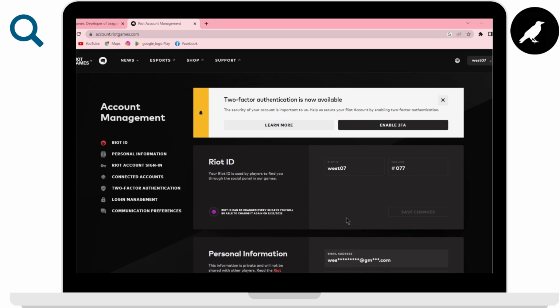Sadly, you cannot manually change your Riot username that you use to sign in. Using this page, Riot does not give you the option to change your sign-in username. And the only suggestion I have, if you want to try to change it, is to click on support